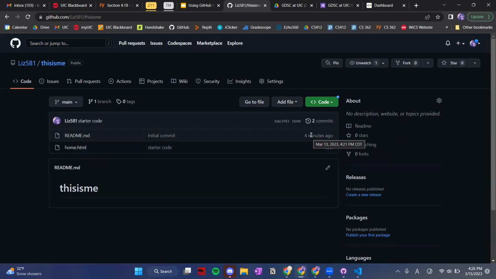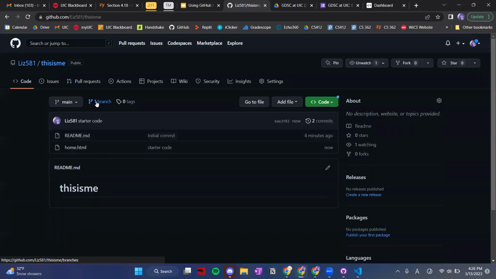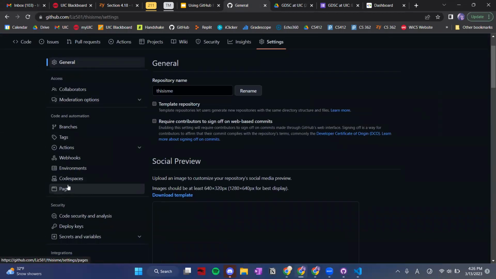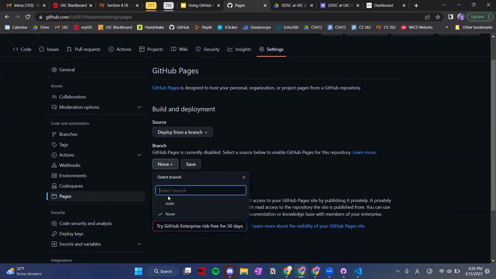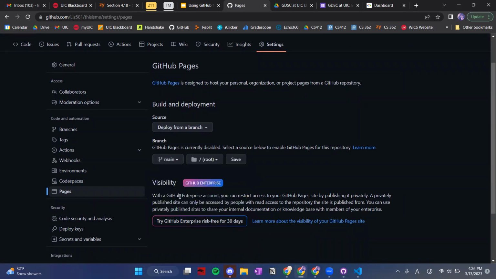The next part is actually, okay, I have these changes, but how can I actually view my HTML file? In that case, we want to go to settings here. And then we go down to this pages tab. And this will essentially make a web page for you to use and be able to view your work. So in the branch section where it says GitHub Pages is currently disabled, what we want to do is click on the dropdown of none and then go to main to say that this is where you're going to get all the information from. And then once you save it,